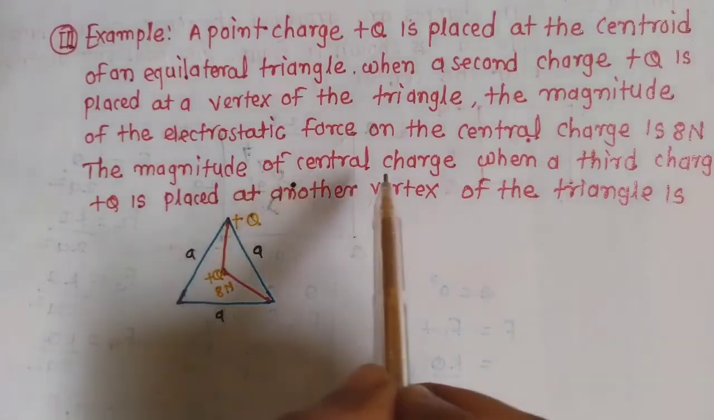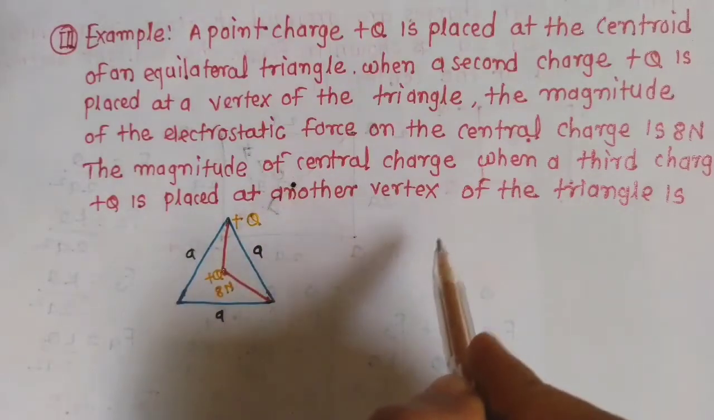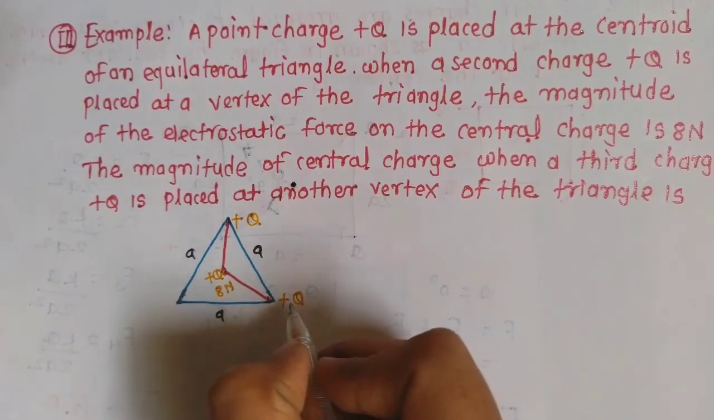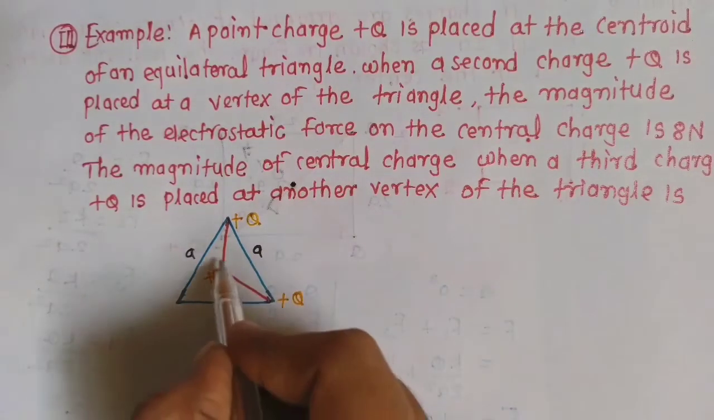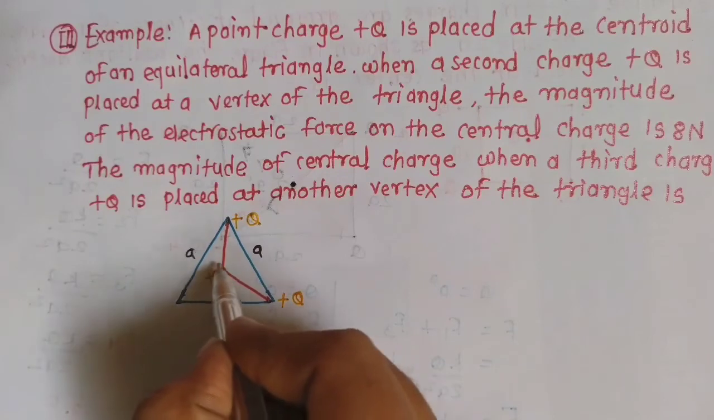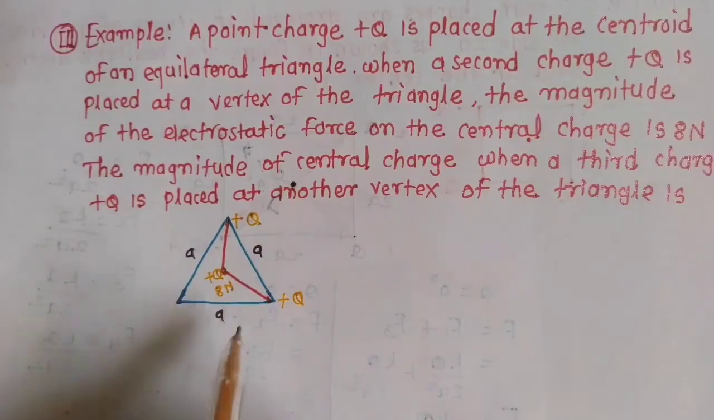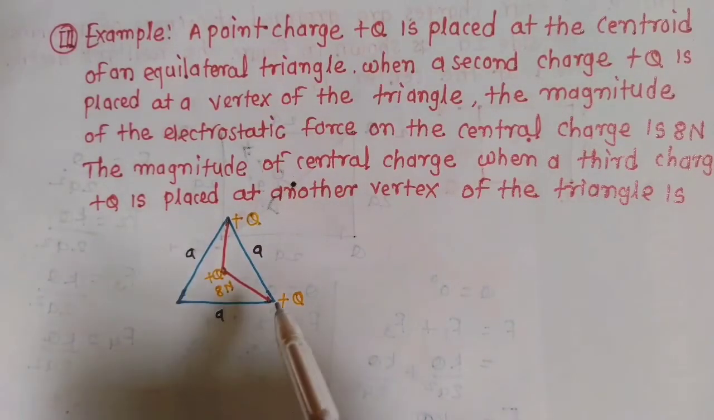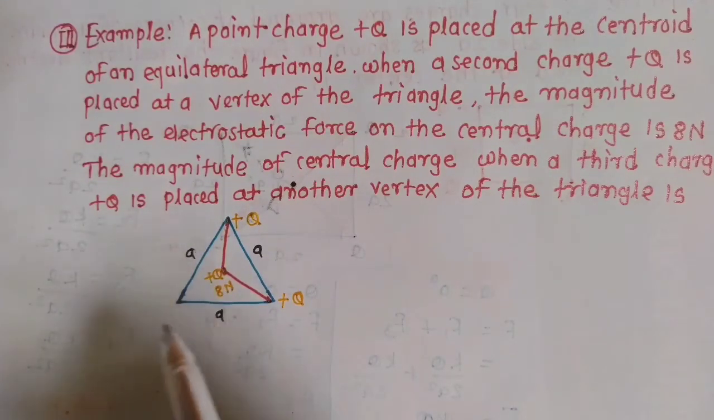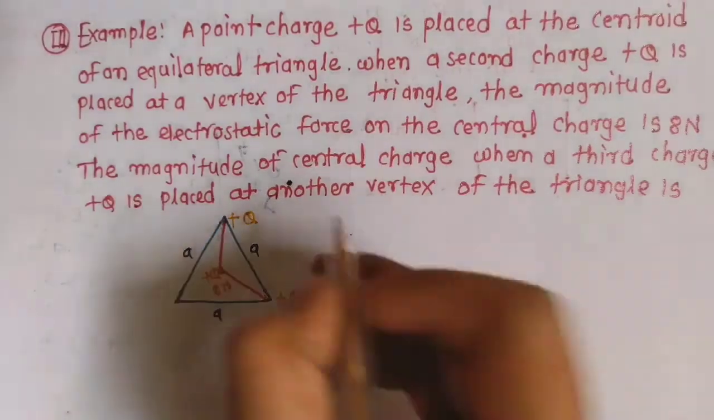And when a third charge plus q is placed at another vertex of the triangle, what is the magnitude of the force on the first charge placed at the centroid of the triangle? The question is that the additional charge we added here, how much will the magnitude of the force on the central charge change? We have to find this. And the answer is that